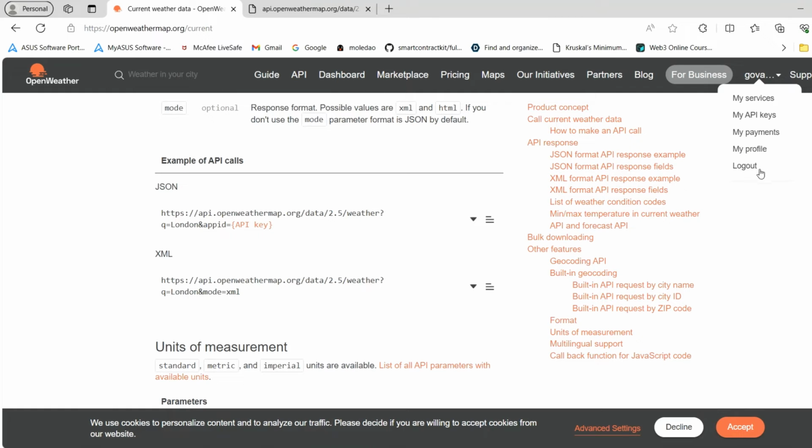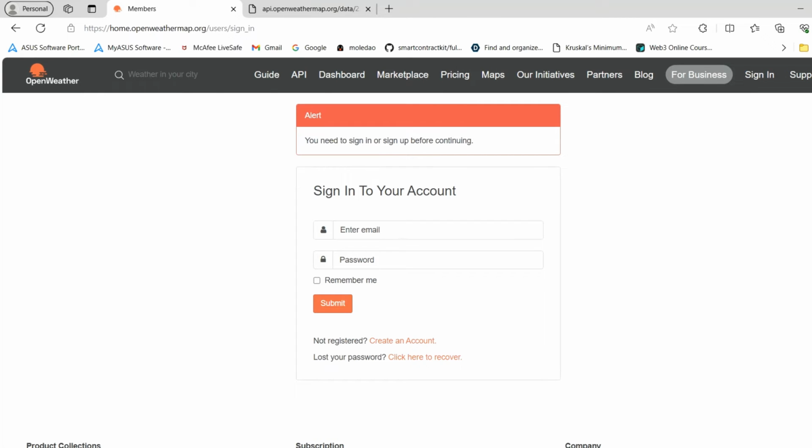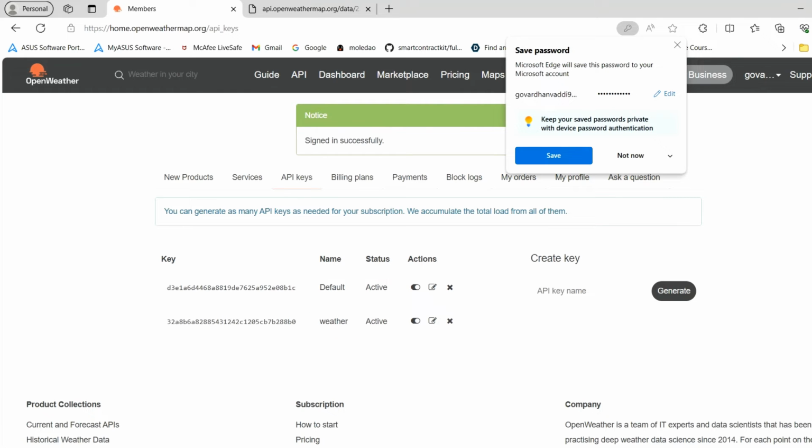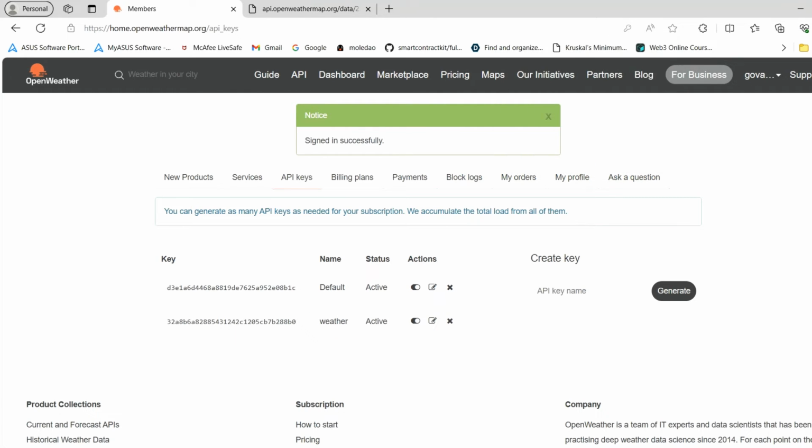For getting the API key, you have to go to the My API keys option, guys, after you create this OpenWeatherMap account. So I'm opening my API keys. It was again asking for login. Let me log in, guys, quickly. Please make sure to create an account, guys, then only will you be able to get the API key. Otherwise you won't get any API key. So I already have 2 API keys. You can create as many API keys as you want here, guys.